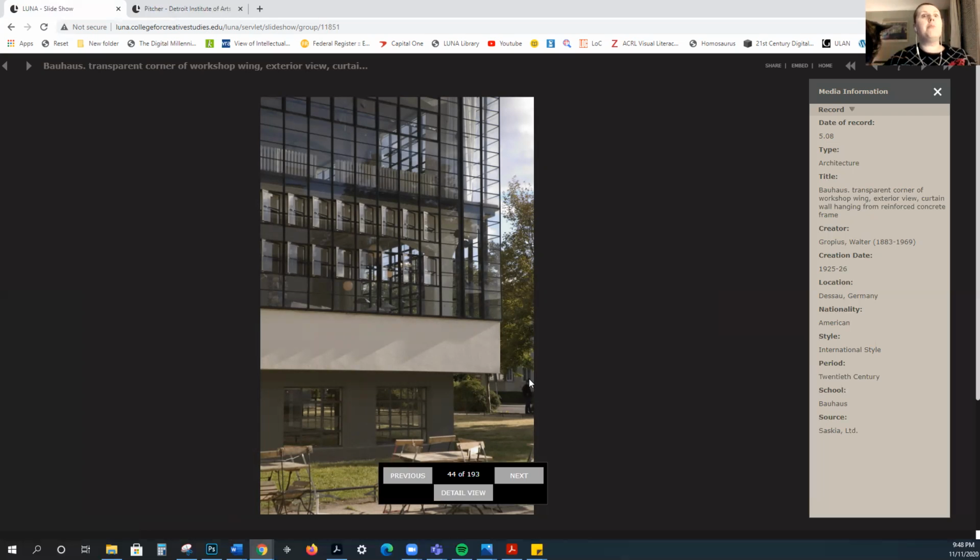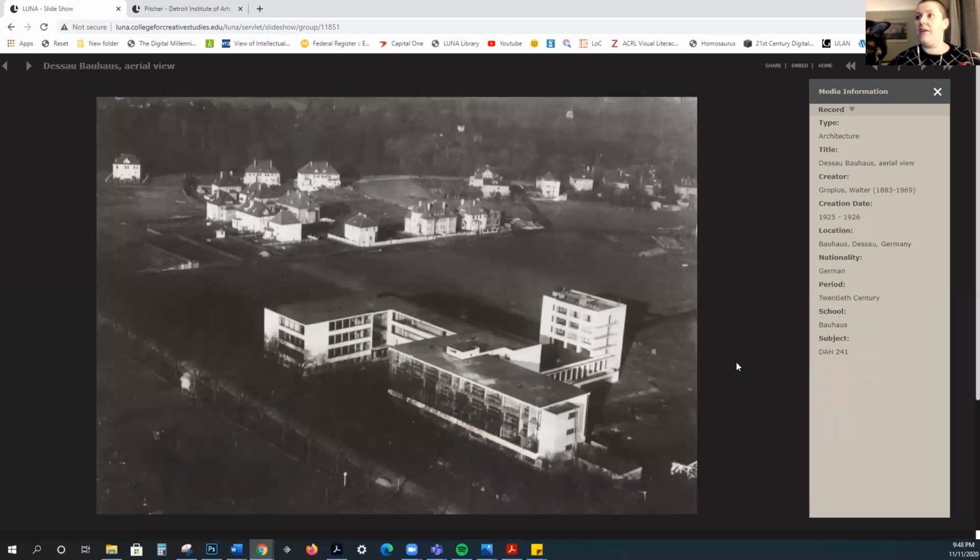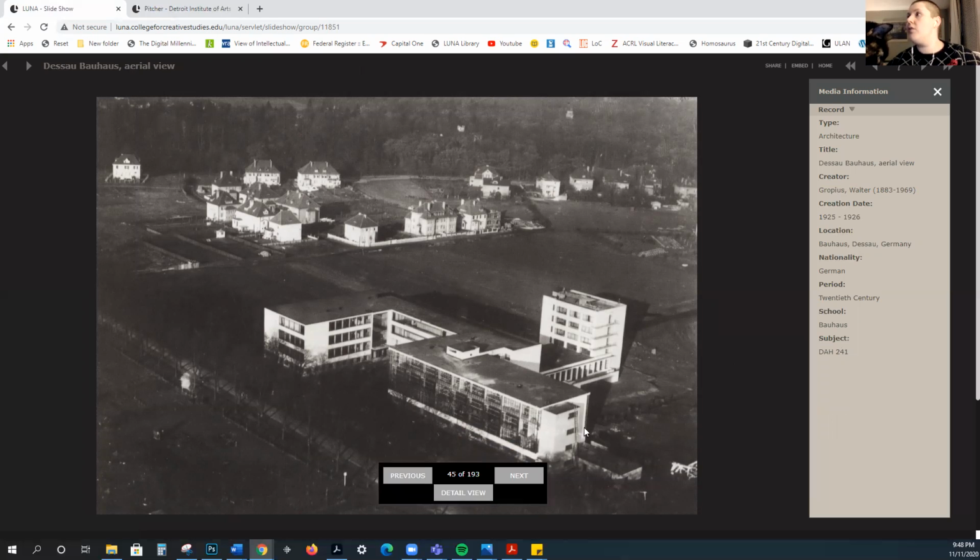So think about the Baroque ceiling paintings that we've seen with the sculptures and the painted sculptures, all of that trying to be something that it's not. And so this is really the opposite of that. And here you can see in Dessau, the Bauhaus aerial view. So the Bauhaus did move a lot,